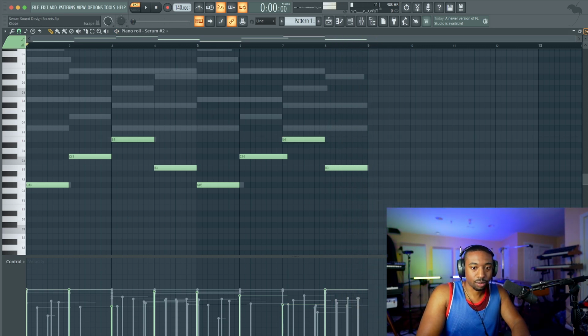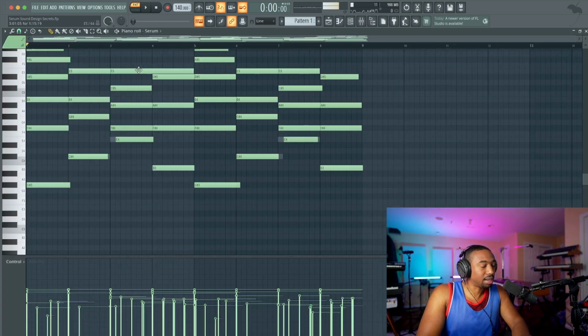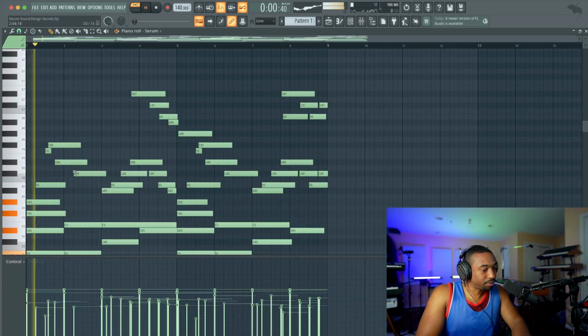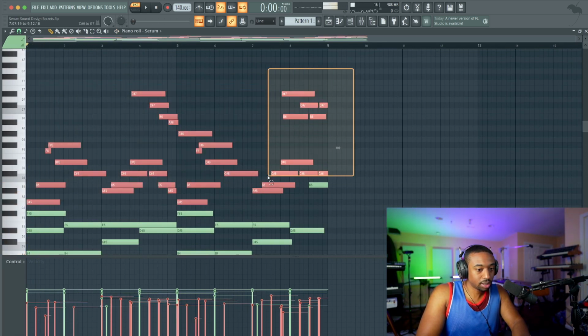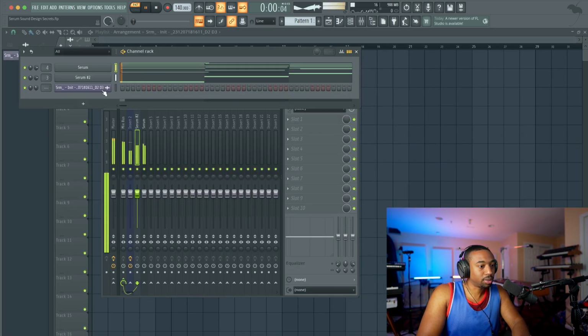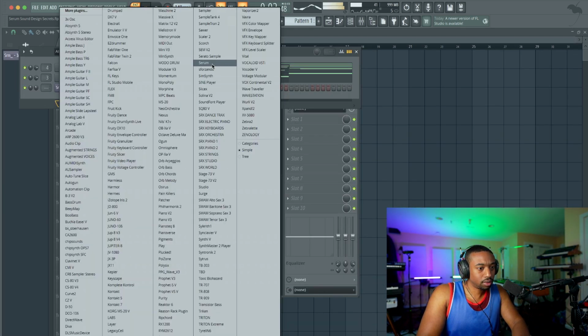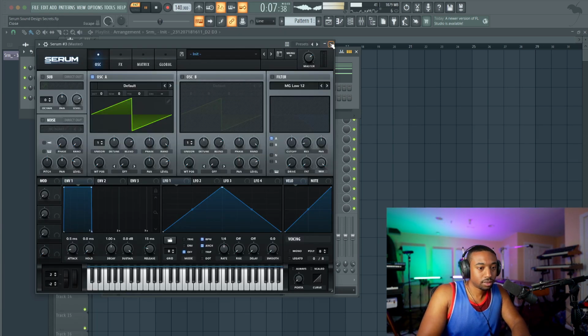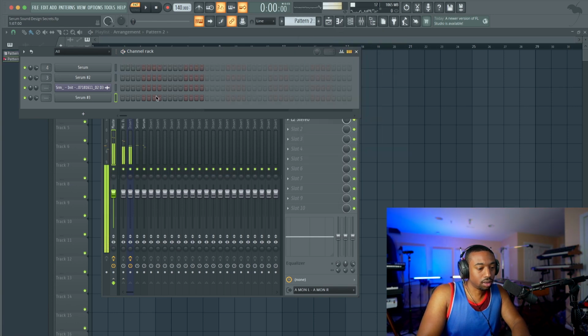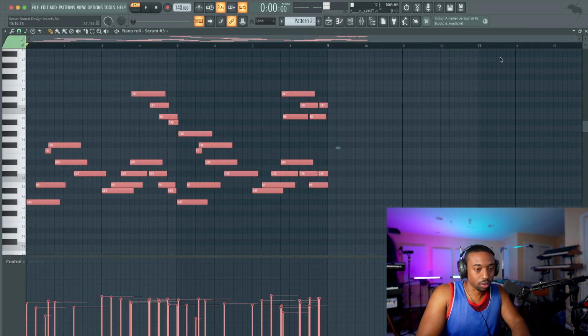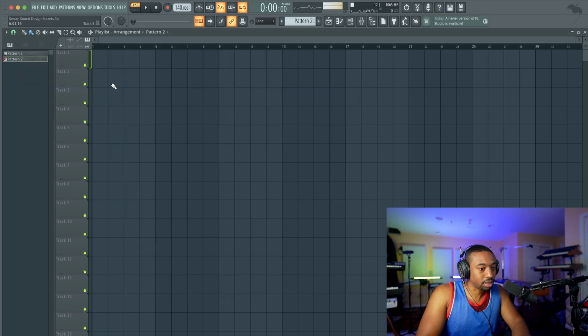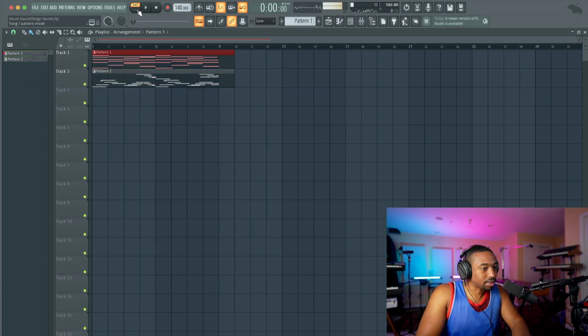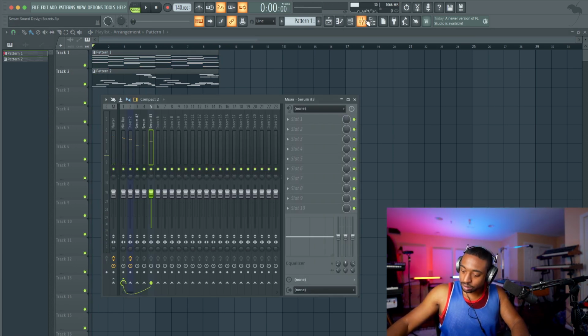All right, so now we have the bass, we have the main performance. Now let's swap out the top line melody with a different instrument. So this is where the melody begins. So I'm going to take all these notes here, move them to a different instrument. Let's go to Serum. All right, and we're going to go to the piano roll, hit Control V. We're going to send this to a new mixer channel. Let's add this into the playlist so we can start to see our project. And now we need to go in and start changing out things.